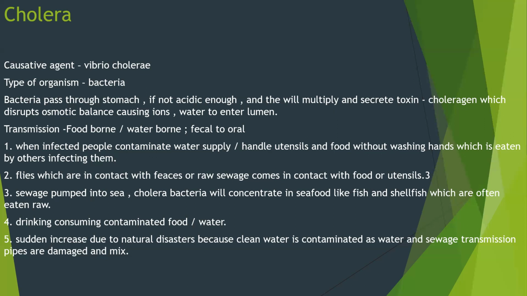It can also be spread through seafood. So, for example, fish or shellfish, they're often eaten raw, and sewage is pumped into the sea. So the cholera bacteria can concentrate in the seafood. You can also get cholera from drinking contaminated water or eating contaminated food, like the first point which we were talking about. And usually there's a sudden increase in cholera after a natural disaster, for example, an earthquake. So what happens is the clean water pipes can break, causing clean water to be contaminated by sewage. So when they mix, the bacteria will concentrate within the contaminated water,